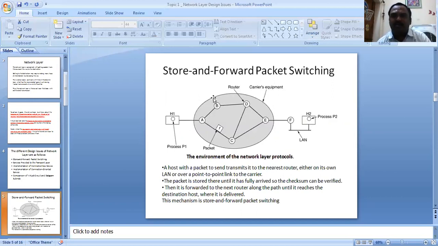And these are all the intermediate routers A, B, C, D, E, and F. A jump from H1 to A or A to B or A to C, this one jump is called a hop. So here we are going to take the parameter as hop and then find out the best route possible for reaching H2 from H1.